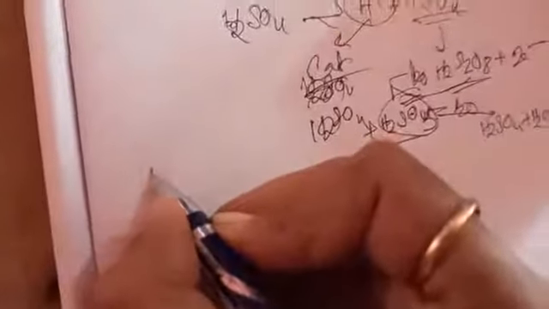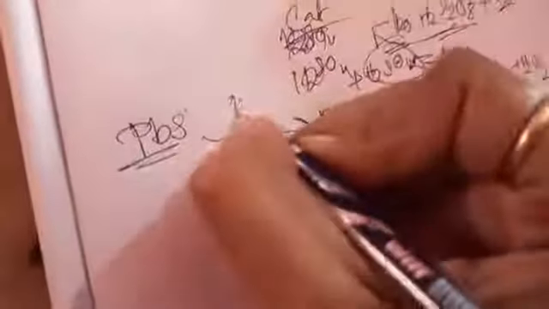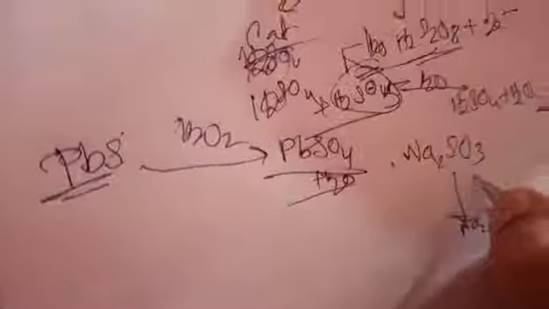Hydrogen peroxide is a very strong oxidizing agent. So a very important reaction of hydrogen peroxide is the conversion of PbS, which is black in color basically, to PbSO4, that is white in color, in presence of H2O2. And the side product is water. Also hydrogen peroxide can convert Na2SO3 to Na2SO4, and the byproduct is water.